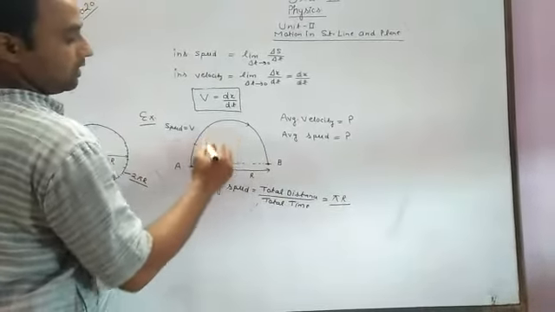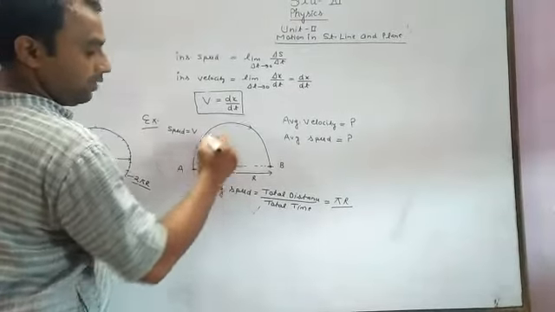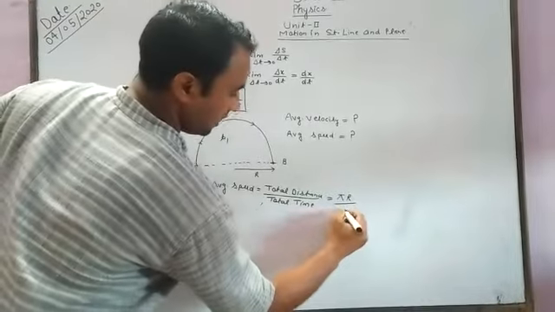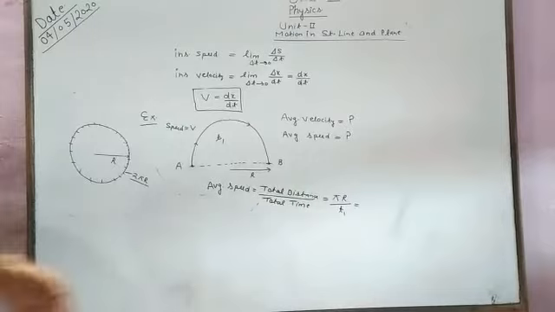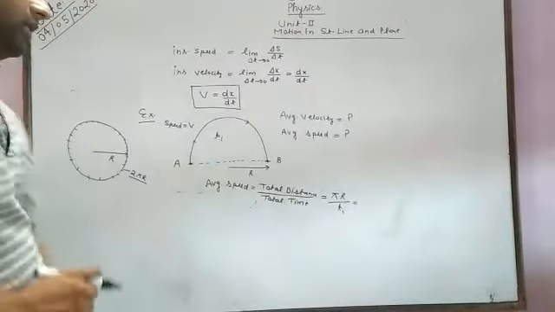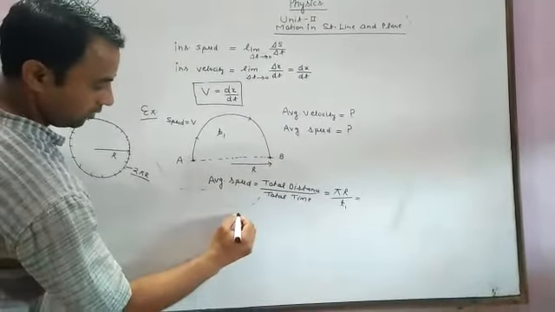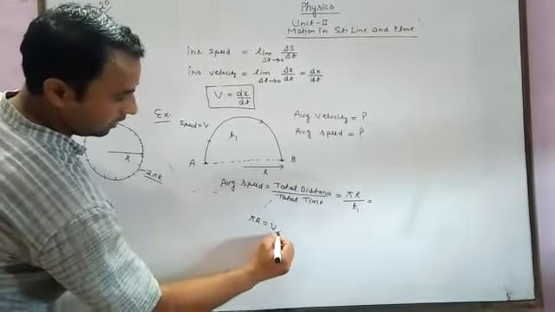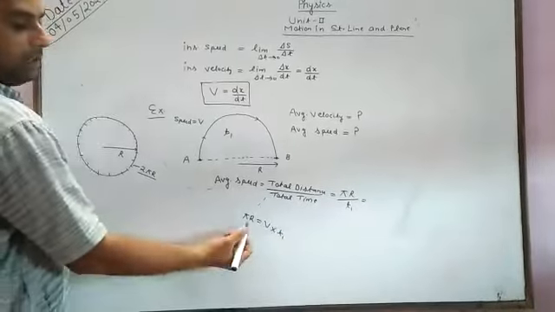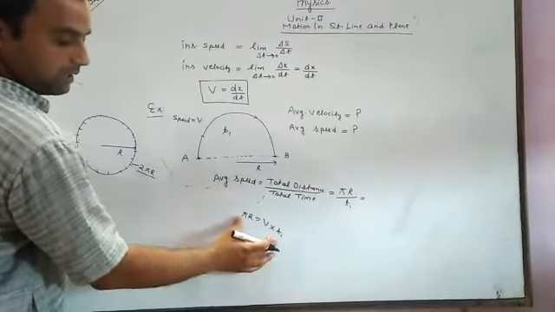Let us assume that the time taken from A to B is t1. What is the value of t1? Now we have to consider the value of t1. Distance is equal to speed into time. We have to use this formula. Distance is equal to